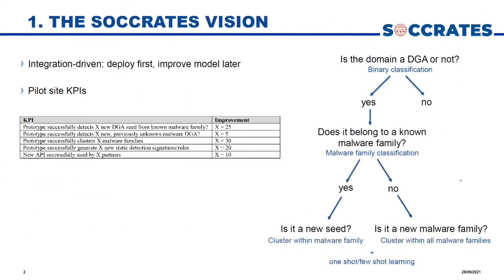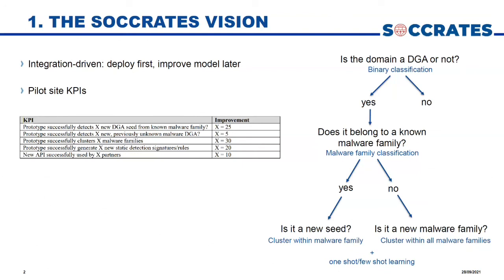In SOCCRATES, we've been, let's say, very integration driven, because our approach, after discussing with Piotr at Shadowserver about the issues there, was mostly to try to provide as fast as possible a tool that works at scale and improve the machine learning model afterwards. So we basically first focused a lot of effort on deployment and making sure that everything works in the environment, and then we've kept refining the models on the go.